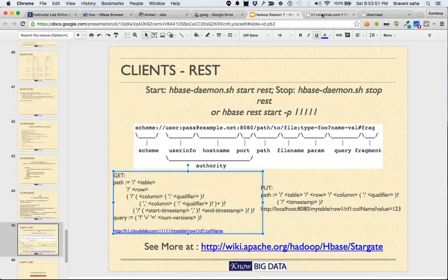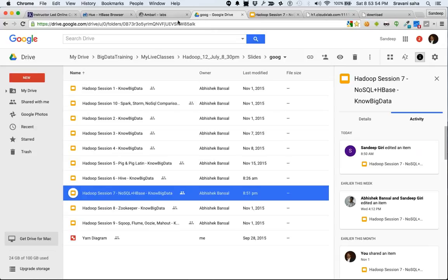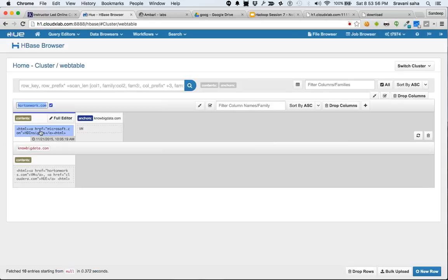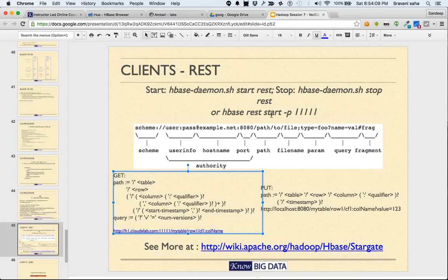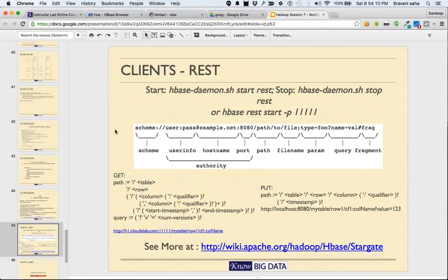Now it has given us the result. You can see that. All right. This is the data of what was there inside this table. And what is the data inside this table? You can see it's a href microsoft.com HCD insights, and that's what it is. You can see that it is that data. All right. So that's how you can make a call to HBase from the browser, and this is quite useful